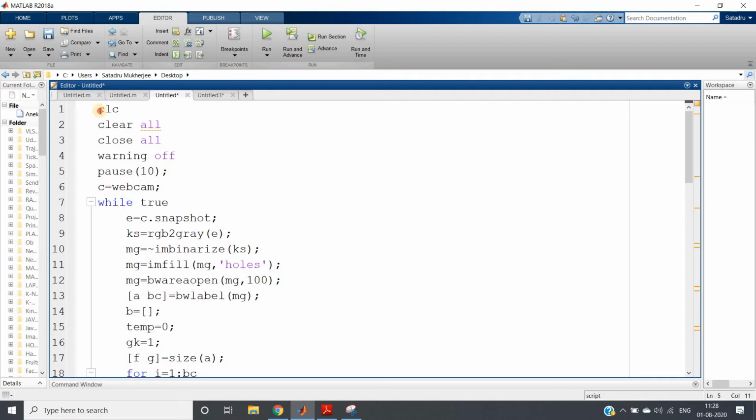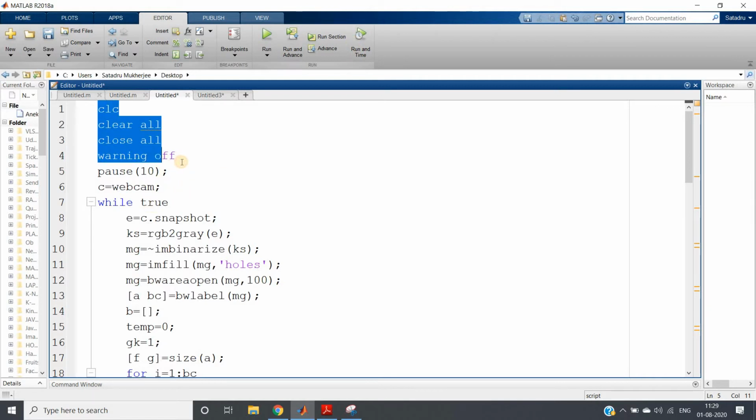In my previous video I showed you how to detect the center of circles using MATLAB. Now let's take real-time images continuously, so that it looks like a video, using our computer camera, and try to detect the centers.